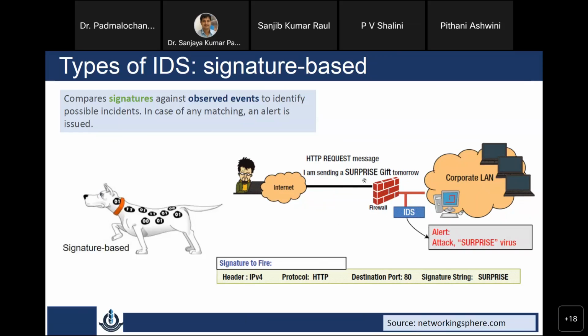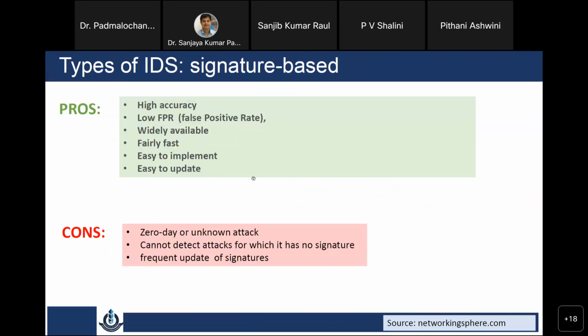So signature based only works on such existing signatures. Like you have known signatures available, that okay, this signature is for this type of virus. So you have a database of signatures. That database of signatures you put inside the intrusion detection system, implement in the IDS software, and then based on those signatures only, the IDS will determine that this is intrusion, this is not intrusion. So it is completely based on signatures, not based on behavior. Okay. Similarly, you can see another type.